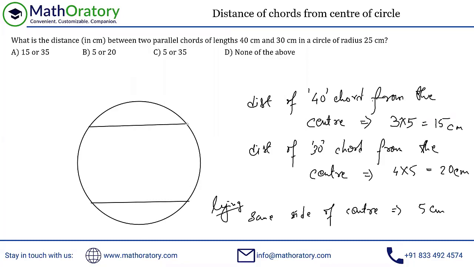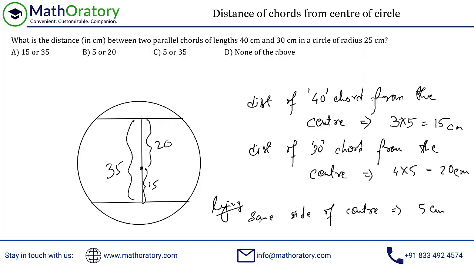The other possibility is if I have the two chords lying on two different sides of the center. So on the other side of the center, something like this. Let me just make this a little smaller. In this case, let's say the center is somewhere here. This being 15 and this being 20, this entire thing would be 35, right? So I hope you understood opposite side of the center. In this case, the distance is 35 centimeter. The distance between the two parallel chords is either the sum of these two values or the difference of these two values. That will always be the answer. Since nothing is mentioned of that sort, we have to go for either 5 or 35. So that is option C out here. We don't know the relative placement of the two chords with respect to the center.